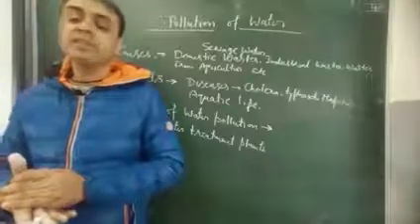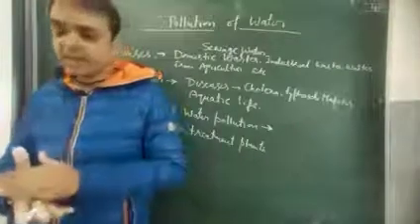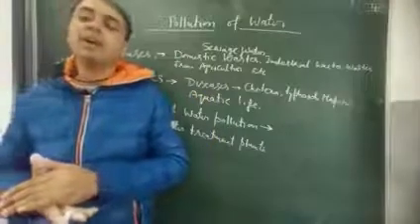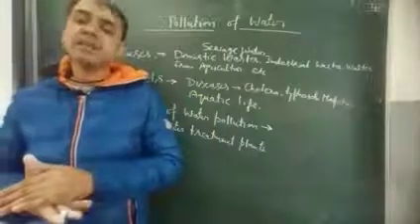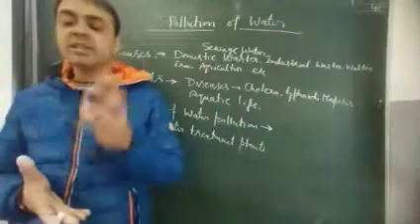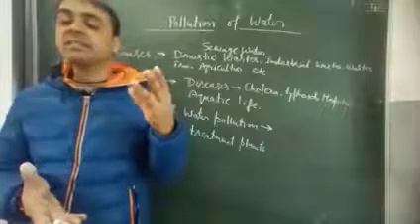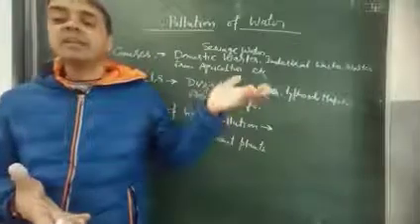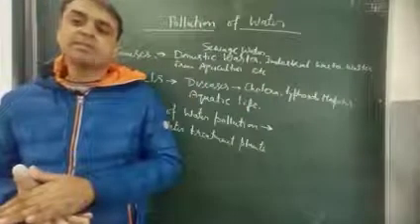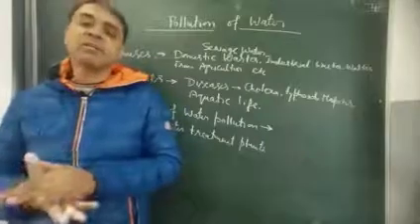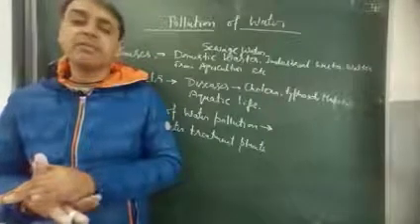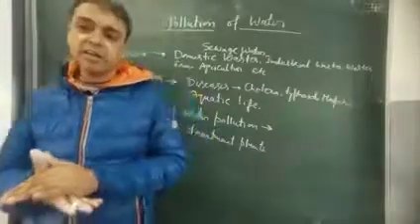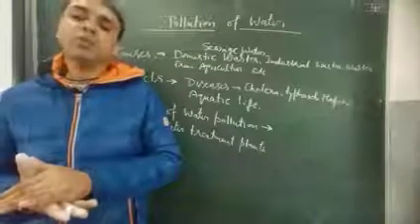As we discussed, there are different harmful effects of water pollution. One effect is the scarcity of drinking water. As we know, two-thirds of our earth is covered with water, but 97% of it is in the oceans. Only 3% remains as fresh water, and some of that is in the form of ice caps or polar caps. So a very small amount of fresh water is available for our various purposes, especially drinking, in the form of fresh water bodies and the underground water table. So we should not pollute this water table.